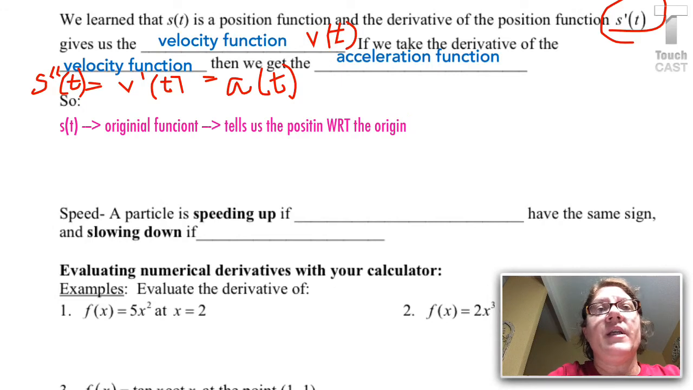So s of t is the original function. Wouldn't it be nice if I could actually spell function? Tells us the position, also position. Wow, there's a lot of spelling mistakes. With respect to, that's the WRT, with respect to the origin. Oops, I didn't mean for that to change color. We'll change it back. I meant for this to happen. So with respect to,